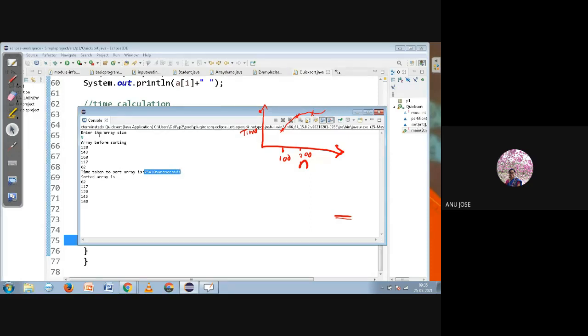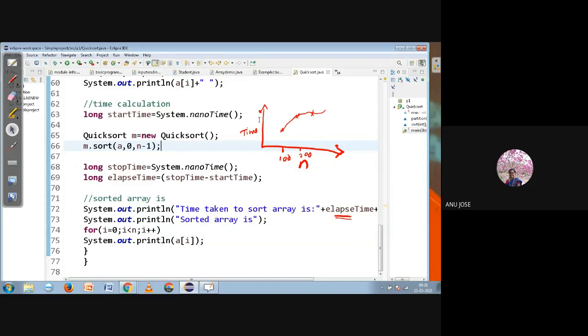Similarly, I have to run it multiple times for different values of n. Then you can draw a graph like this. That was the final answer the question is asking from you, so you can do all these things. Any doubt related to quicksort, you can ask me now. The best case and worst case analysis part I didn't discuss, so just leave it. In the theory class we'll discuss it. As of now, I have explained the program as well as the logic behind quicksort. If you have any doubt, you can ask me now.